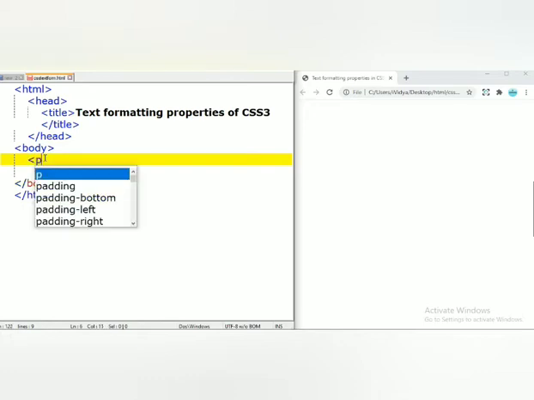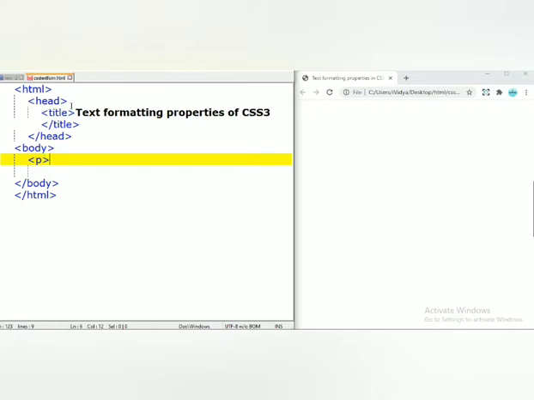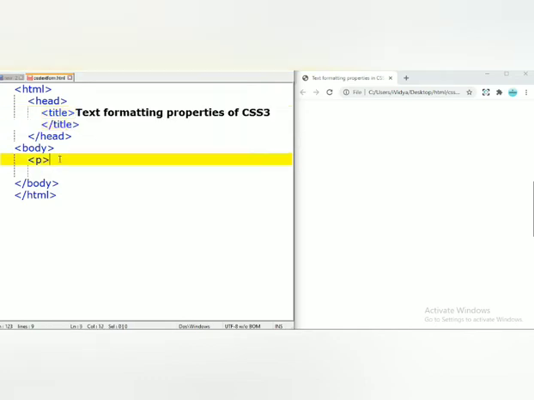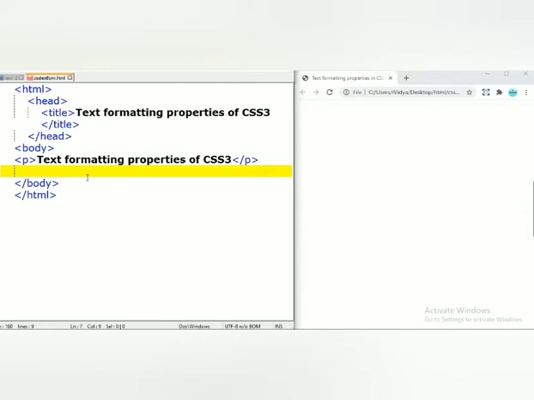I am going to apply all these properties to the p tag. For different elements we can use these text formatting properties, but in this video I am using the p tag. Whatever text I have written in the title, I am copying and pasting the same text in a p tag.